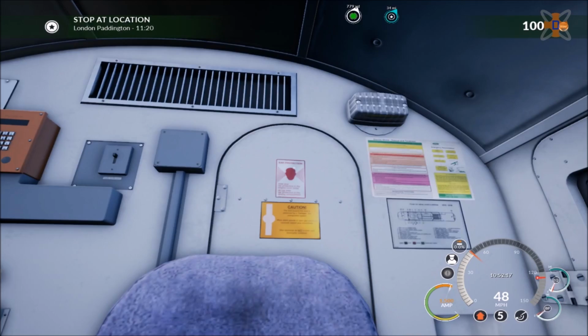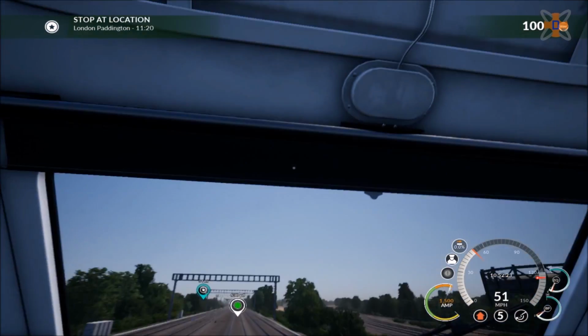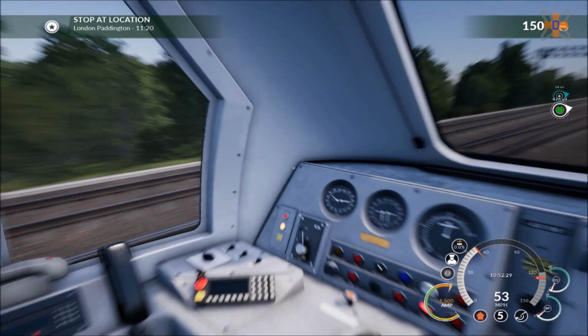Otherwise, yeah, look around the cab of the Class 43. It's not a bad train. Detailing on this one's also quite good. I still personally prefer the 166, but no, I do like this train as well. It's decent detail across the board. One thing I do like as well, the